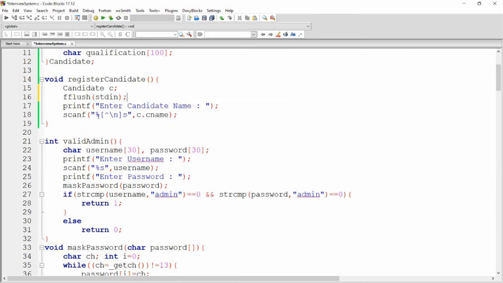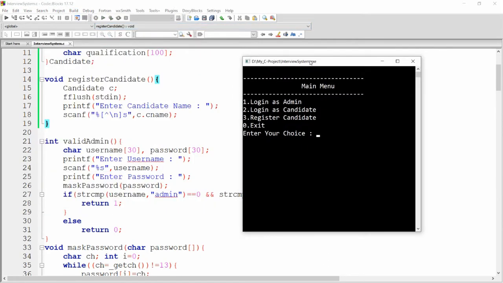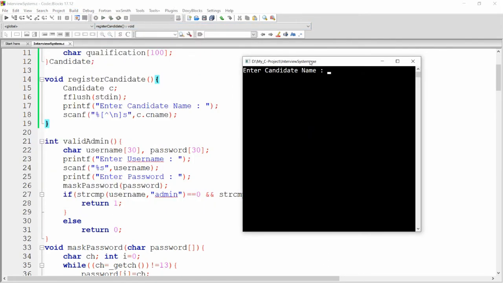So whenever you are not using a backslash n, just use fflush to clear the buffer before this. Now whenever you build and run and press option 3, register candidate, you can provide spaces here. For example, Dr. Parag Shukla, it may contain spaces and it will work fine.